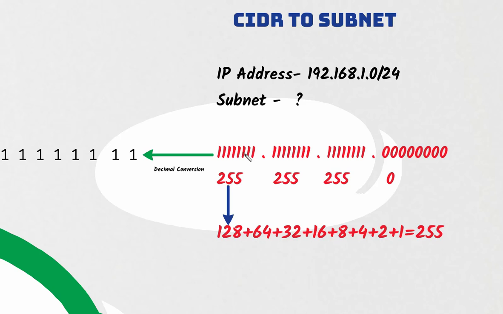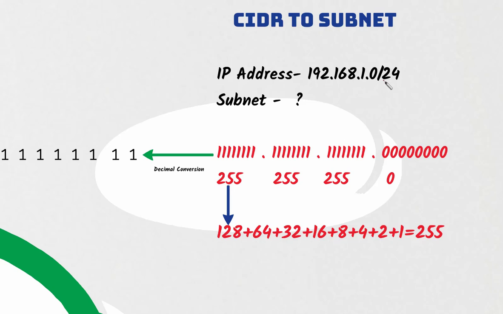We know each octet has 8 bits. If you want to know about CIDR notation, I have already uploaded another video on CIDR notation. You can go through it and learn it. Every octet has 8 bits,